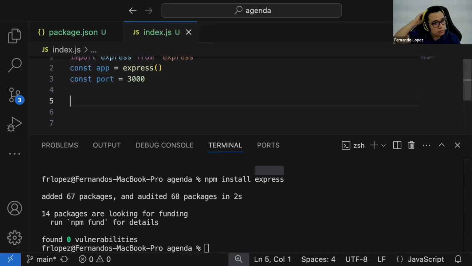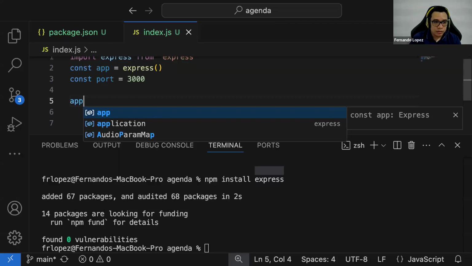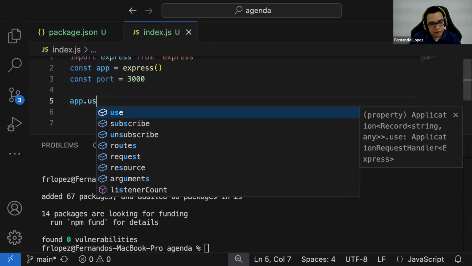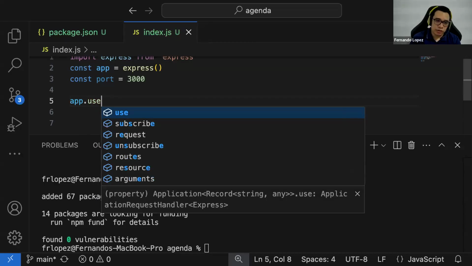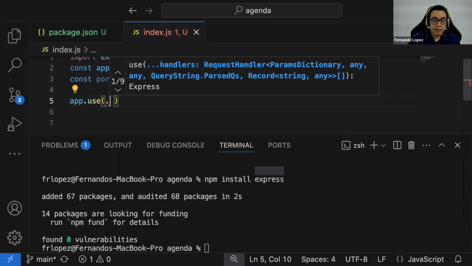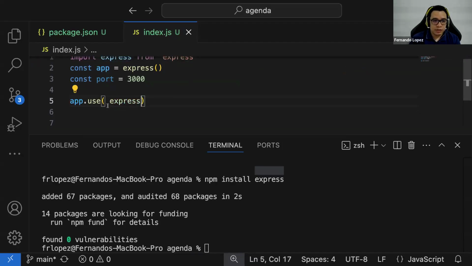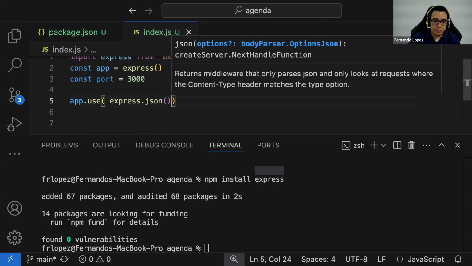Now, to deploy this, you need to enable the JSON communication. So if you want to enable it, you are going to use the method that is called use, because we are going to add a middleware for JSON communication. And we're going to set up express.json.